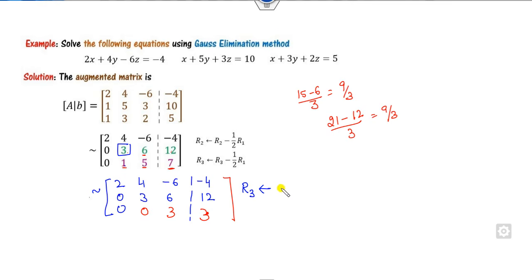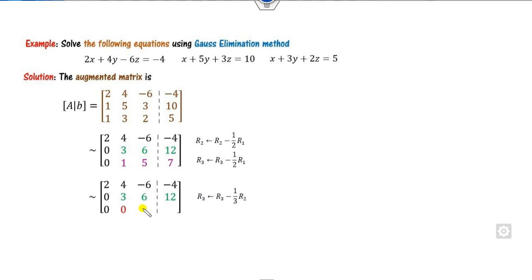How can you make this value a 0? That's simple: R3 minus whatever you have written below, you can write above. Whatever you have written here, you can write below. That's, you can find the ratio of this in the reciprocal mode. It is R2. Fine. So you can see 0, 3, 3. You can find this value as 3, this value as 3. Now you can make this element 0, and below, none of the elements is here. So it means this is my upper triangular form.